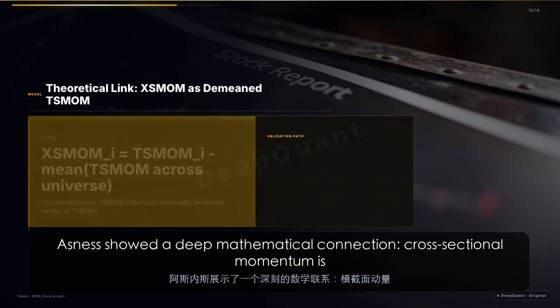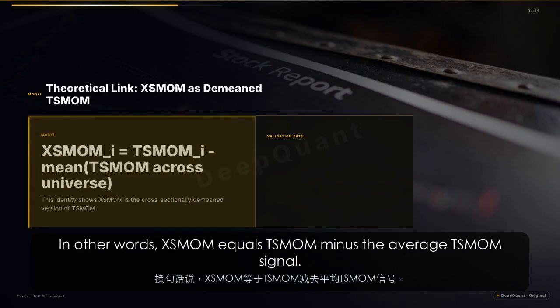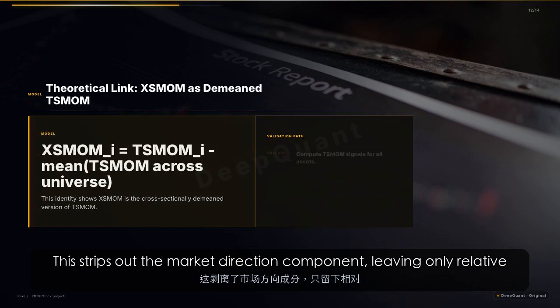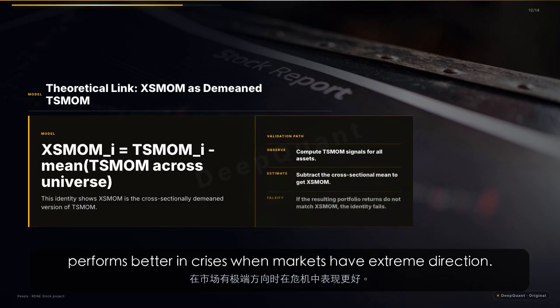Cross-sectional momentum is essentially time series momentum demeaned across the universe. In other words, XSMOM equals TSMOM minus the average TSMOM signal. This strips out the market direction component, leaving only relative strength. This explains why TSMOM includes a market direction premium, which is why it performs better in crises when markets have